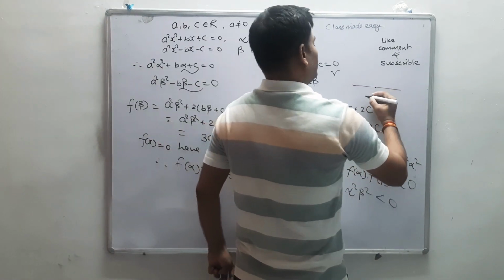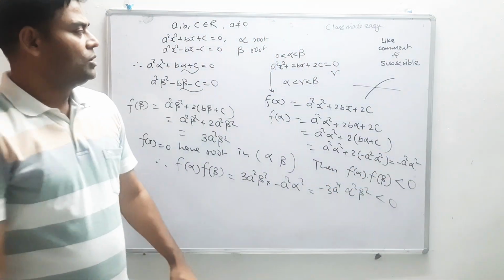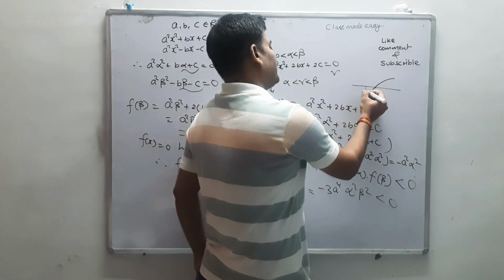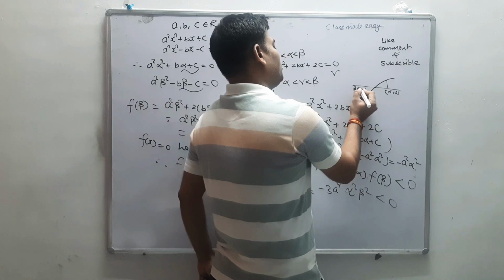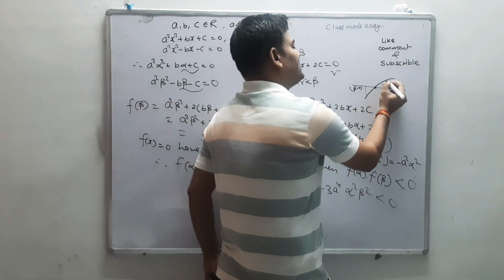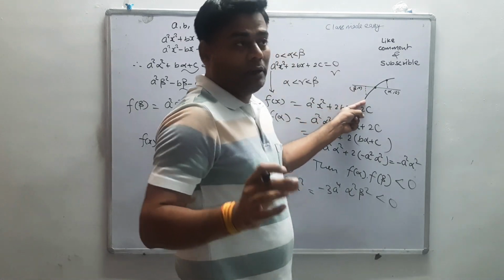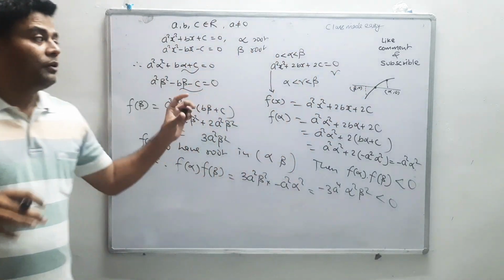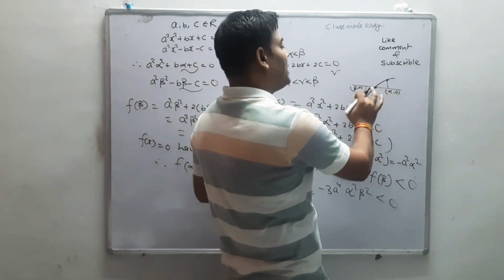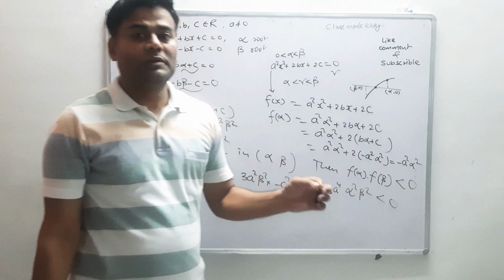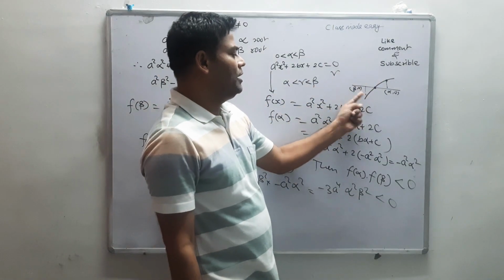This is the root. The root is a place on the x-axis where the function cuts the x-axis. So here you can say this is negative, this is positive. This is alpha, this is beta, this is the root. So the function changes its sign. See, this is positive, this is negative. From this problem we have one conclusion: if a root of an equation lies in an interval, then the curve changes its sign. So f(alpha) times f(beta) is less than 0.